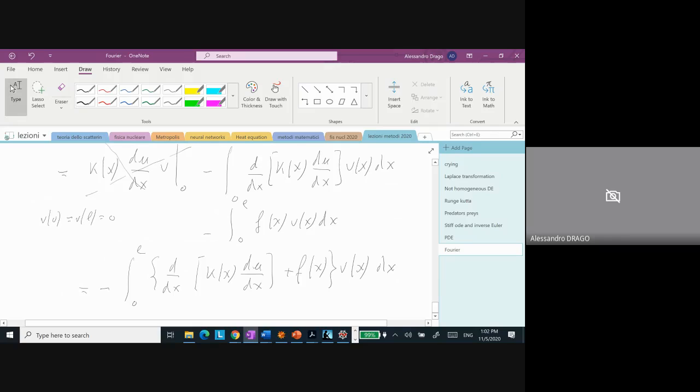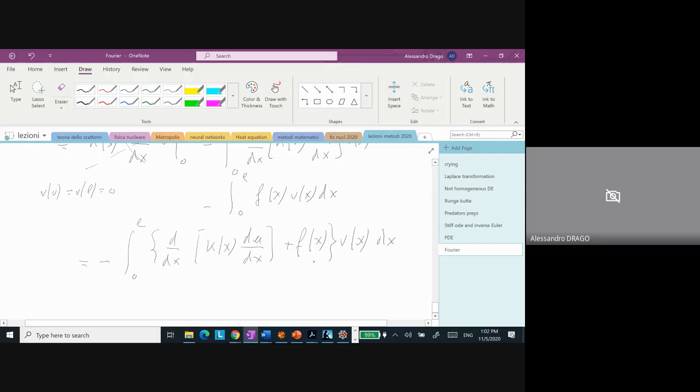And of course we know that what is inside this bracket was the original equation, and therefore if u is satisfying the original equation, then we are happy because this quantity is 0, and therefore this integral is identically 0 for whatever v. Okay. So we have demonstrated that if